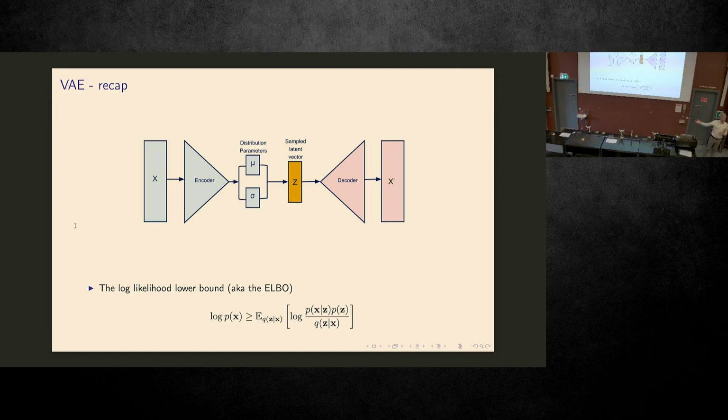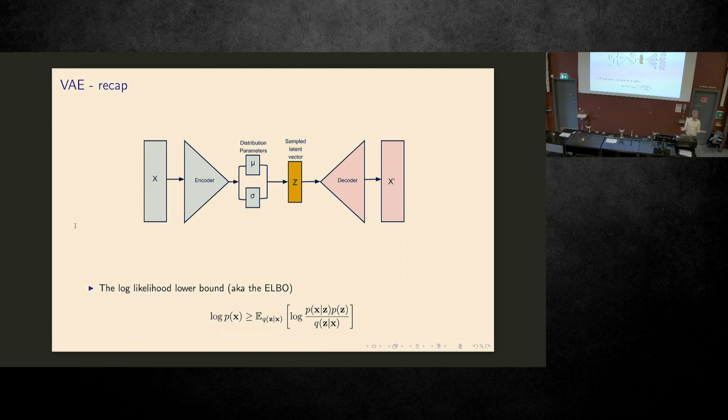So we need to integrate out the latent variable, and this nice invention in the VAE is that you introduce another distribution, a variational distribution, and then you use that to map from the data to the latent. And it's not really an autoencoder, because you do it in a way where everything is okay, meaning you cannot overfit this variational distribution, Q of C given X. You have this log likelihood bound, and you want to make it as tight as possible by choosing your variational distribution in the best possible way.